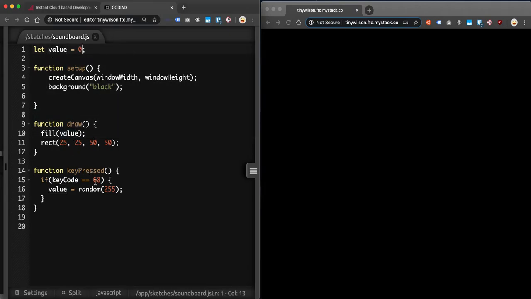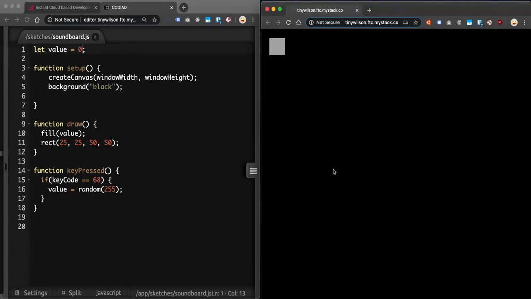And then each time we press key code 68, which is mapped to the D key on our keyboard, we're setting a random value between 0 and 255. That is causing the screen, whenever we hit the D key, to draw some random shade of gray square to the screen. Awesome. So now that we're doing that, let's start to think about what a soundboard would look